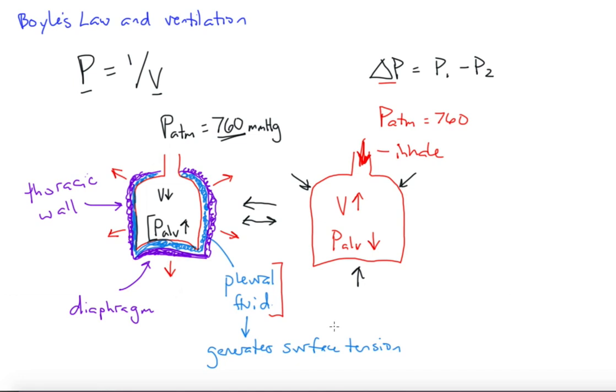One other thing I want to throw out here is this, well, maybe two other things. One is this intrapleural fluid. Yes, it creates surface tension, which sticks the lung to the thoracic wall, but the lung also has elastic tissue in it that tends to make it pull away from this wall continuously. It's tending to sort of retract away from this wall continuously. So the pressure in this intrapleural space, put a little dot here, right? The pressure right there